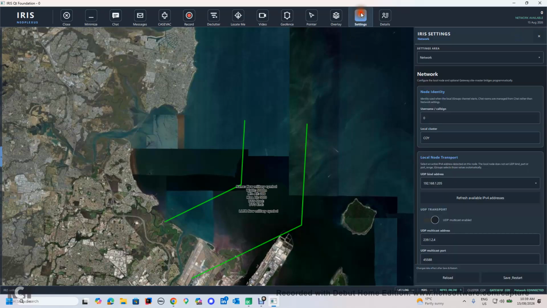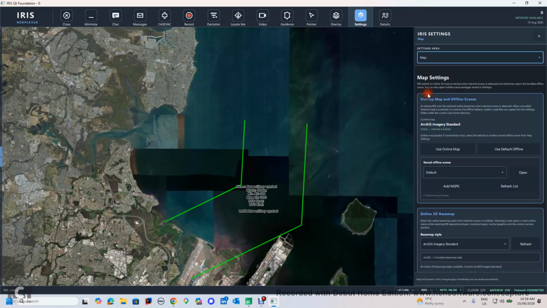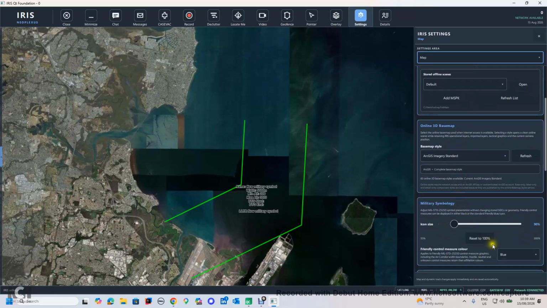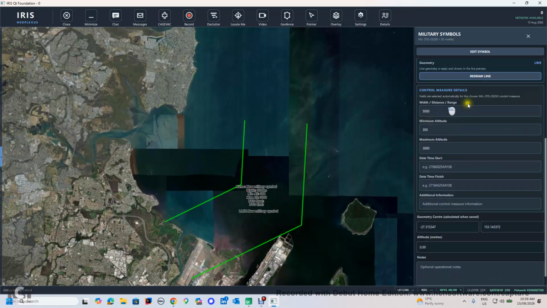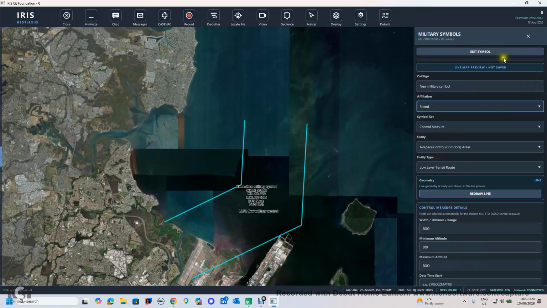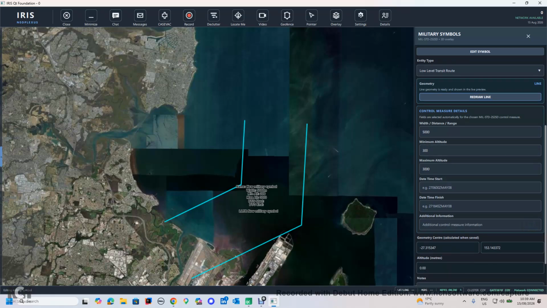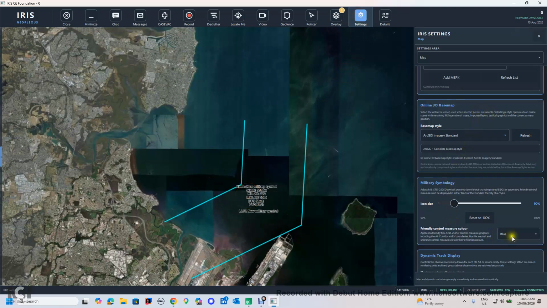The other aspect is now in settings within the map area. So within maps now, if we go to maps, you'll see there's a default for the friendly. So we'll just change this guy to be a friendly to highlight the change there. So we're going to friendly. So as you can see, we now go save, going into settings, you'll see that control measure for friend is